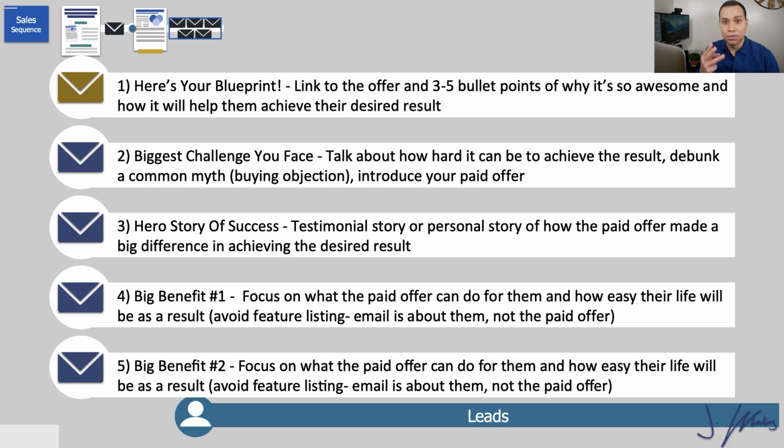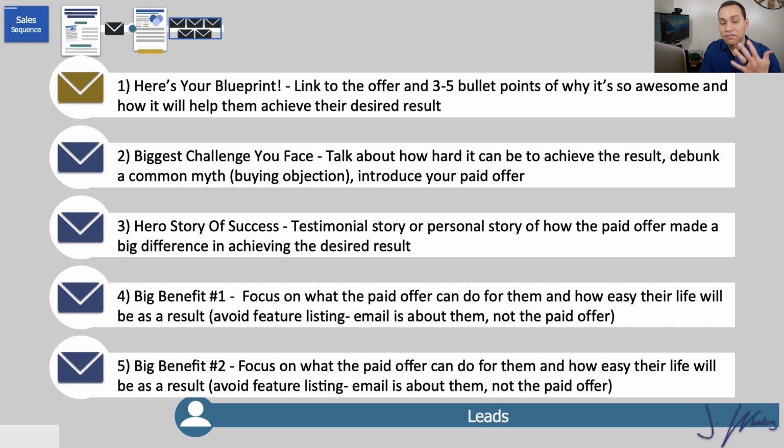So then our third email will be a hero story of success. The primary purpose of this email is to build rapport with your new subscriber, to essentially say, hey, I understand all of these problems and anguishes that you're struggling with because I used to be there, or I had a client that used to be there, or this other person used to be there. So it's okay if you're pointing to someone who's kind of famous in your niche or industry. What's most important is you don't make up the story. The story does in fact need to be real. And again, in the PS section, talk about your paid offer.